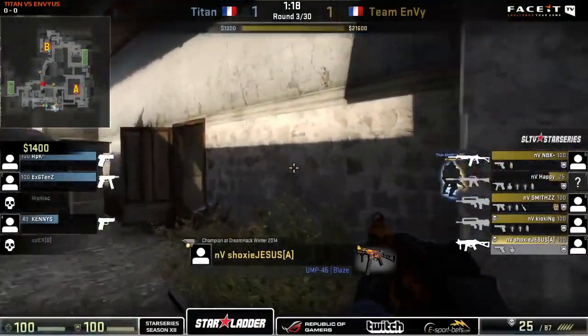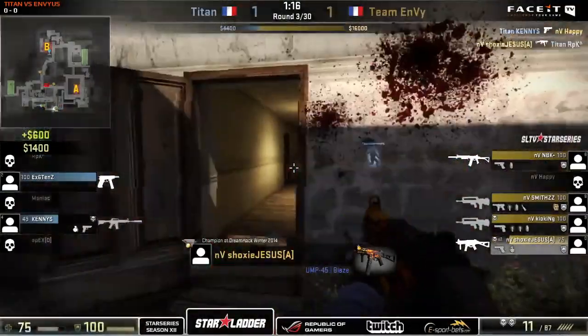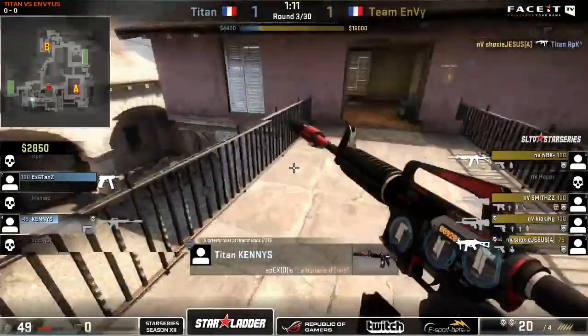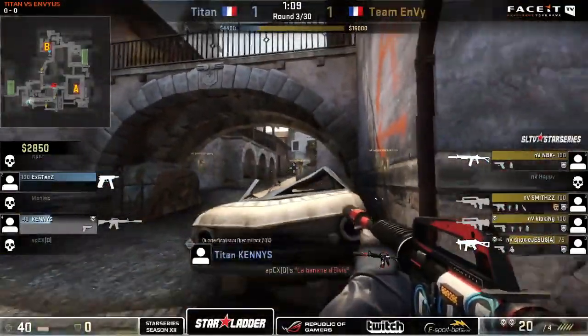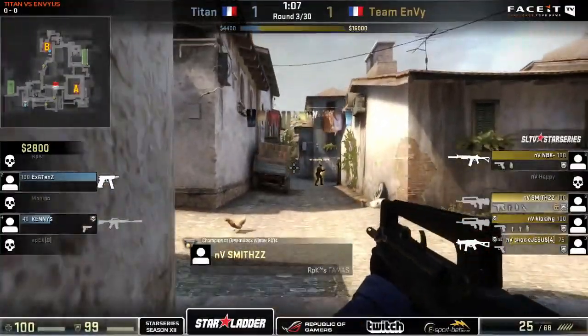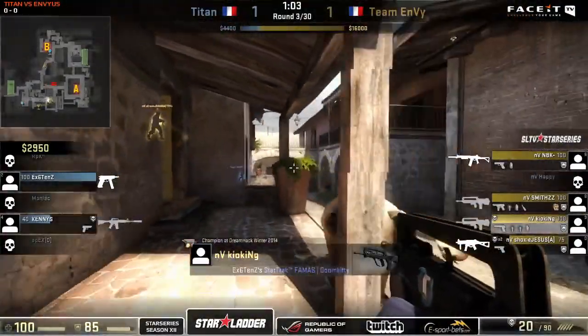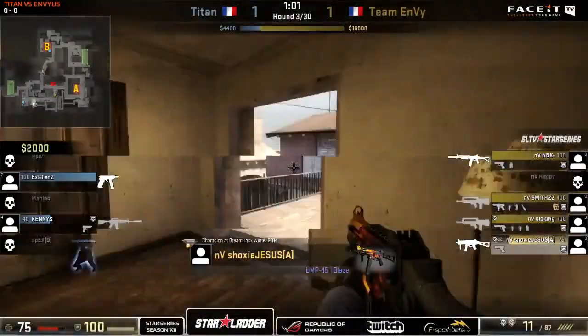At least that. shoxie going to jump in, does eliminate RPK. They get a single frag onto Happy. But can kioKing now keep himself alive with this weapon? That is the question. They know where he is, and they are not going to let him live. That is for sure. It seems like there's a bit of uncertainty as to where he is, although I'm sure